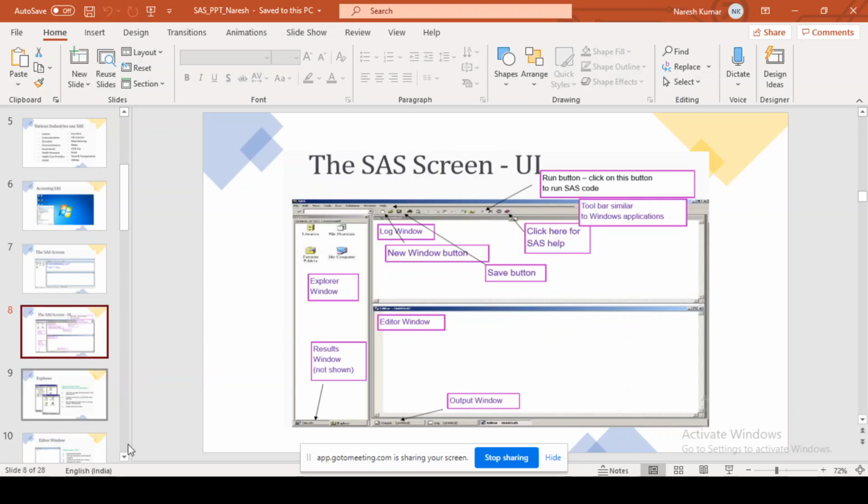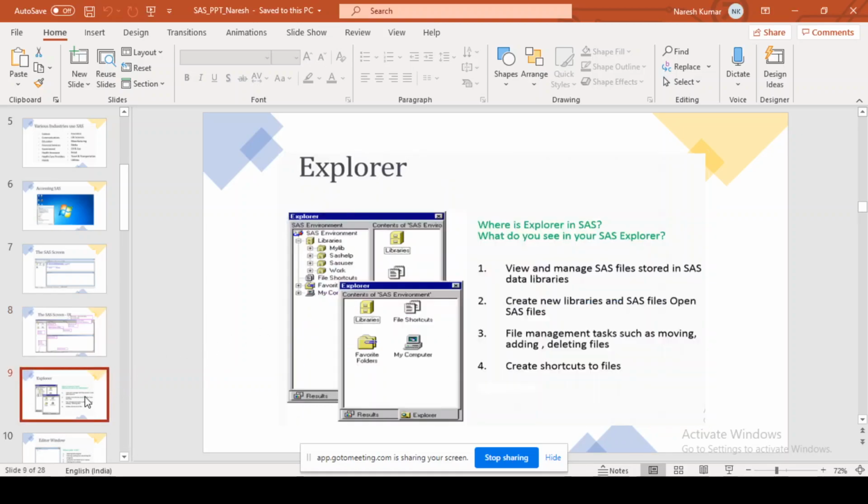If you see these windows, they used to tell us what lies inside each of the SAS windows. This was the Explorer window, where we had the libraries and all our datasets that were created, either in a permanent library or a temporary library.